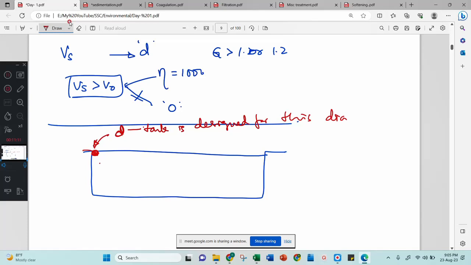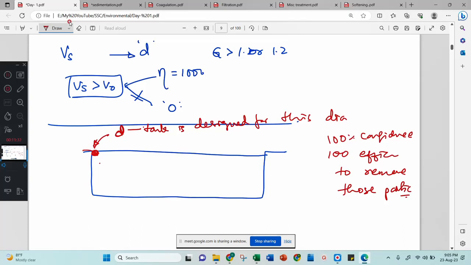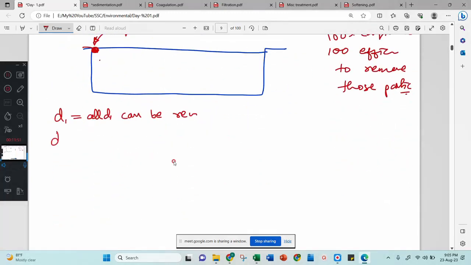What is the meaning of the tank being designed for this diameter? It means I have 100% confidence, or 100% efficiency, to remove those particles. Here the tank is designed for this one, so it is 100% that I will remove it. Now call this one a D1 particle. Then I can remove all D1 particles. Now tell me, if another particle of D2 diameter, and D2 is greater than D1 diameter,